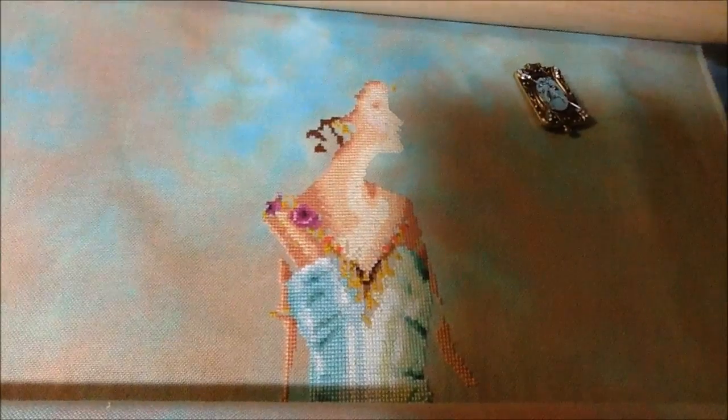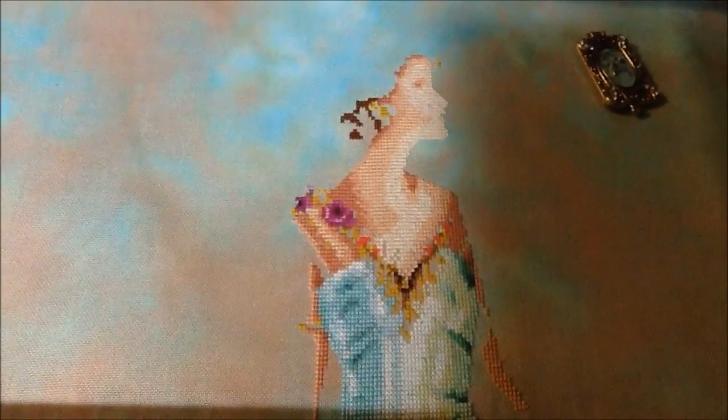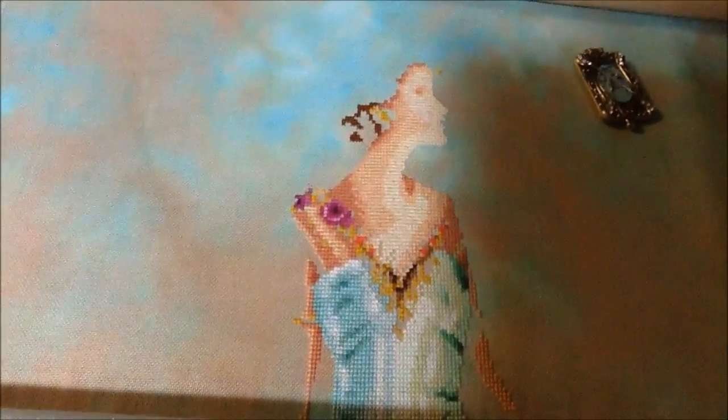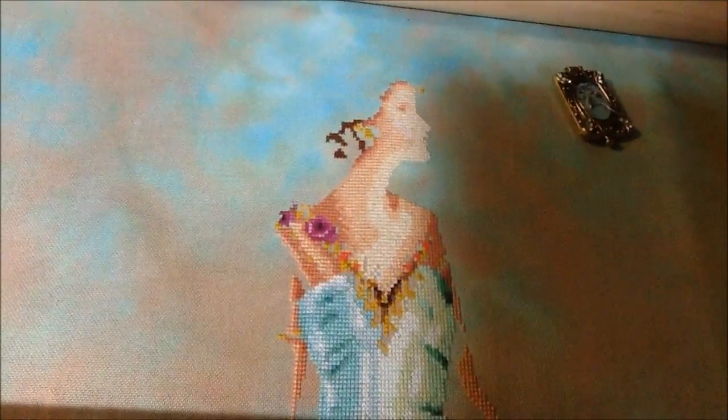The last time you guys saw her for an update, she didn't have any of this skin. Her face wasn't there, so what I got done was all of that neck filled in. I have her face stitched, and I just started a little bit on her hair. She looks so weird. I hate the way the light skin is looking, but I'm trying not to stress out